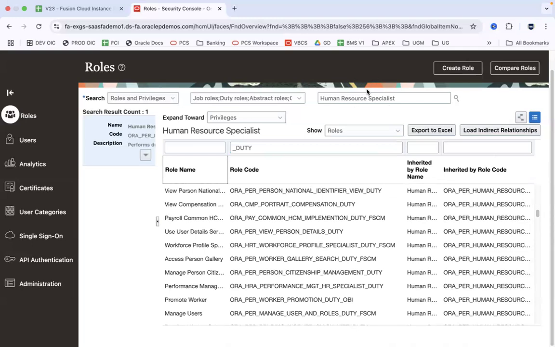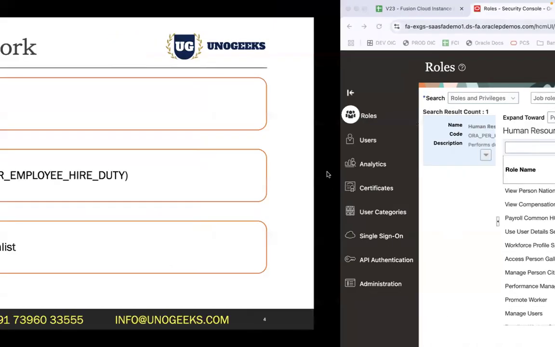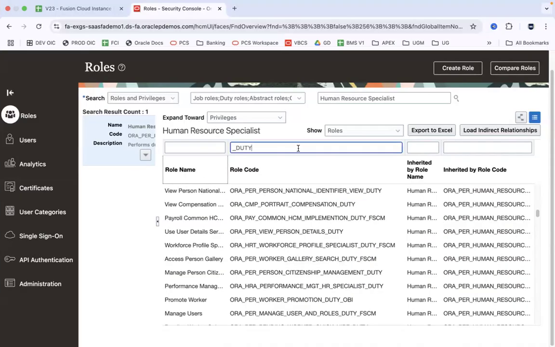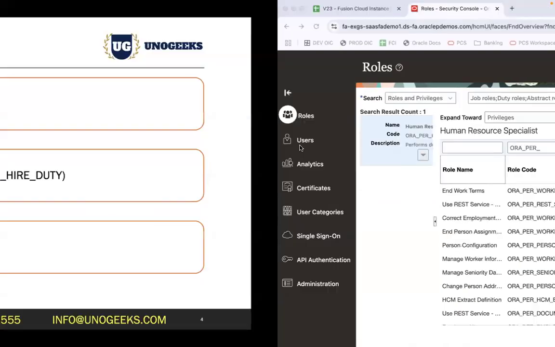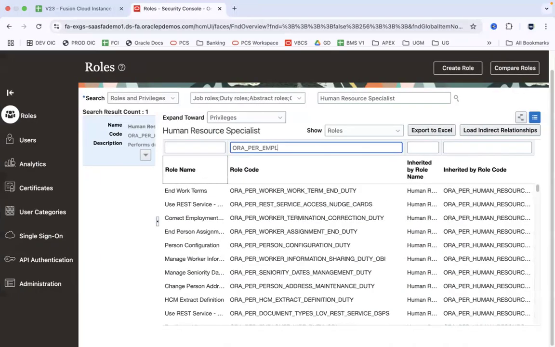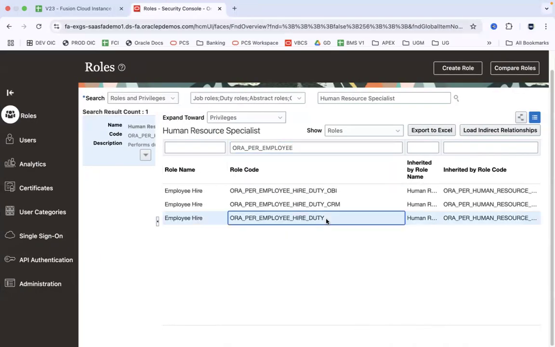Okay, so one job role. See, when you hire a person, you hire him to perform a specific job. And as part of his job, he has to perform a lot of duties. And let me search for this particular duty. We call it the employee hire duty. So if you search for this particular duty here, employee hire duty, this duty, hiring employees, is one of the key tasks that he has to work on. Okay. And if I pick up this particular task,